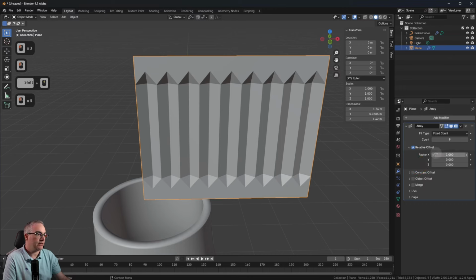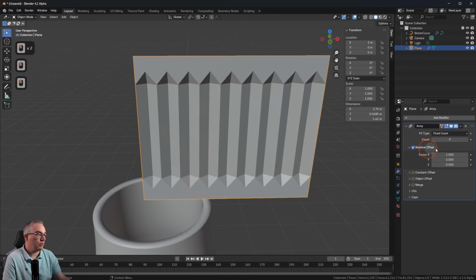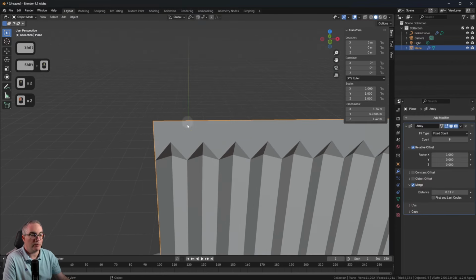And they're offset on the x-axis by the size of the object, which means factor 1. You can also do constant offset, and then now they're 1 meter apart. But by using this, they're all stuck to each other. And also we can enable merge, which means that the vertices here where they're meeting, where this object and this